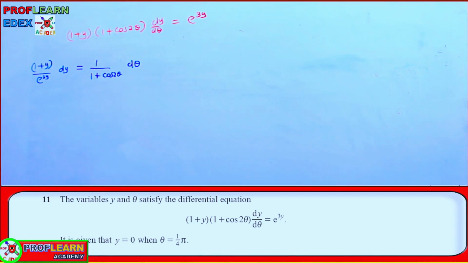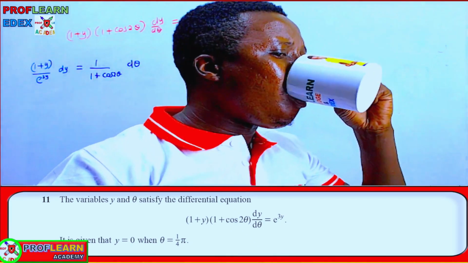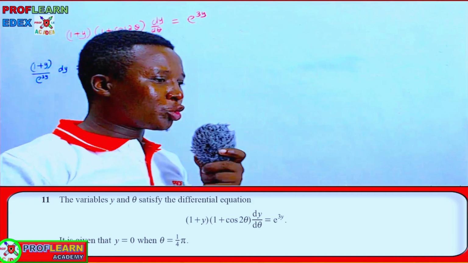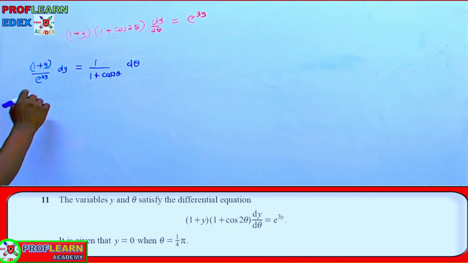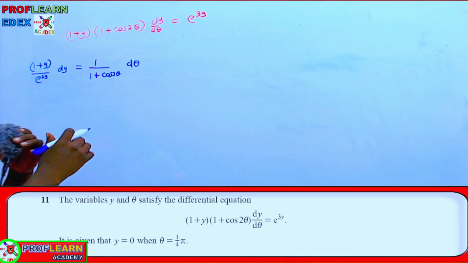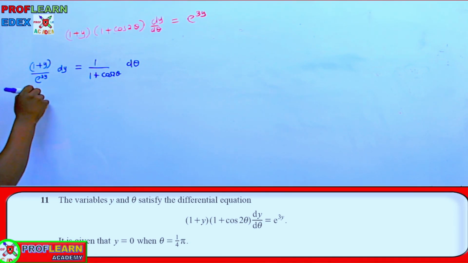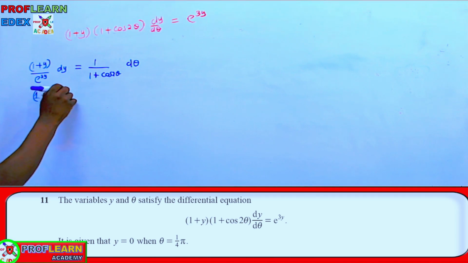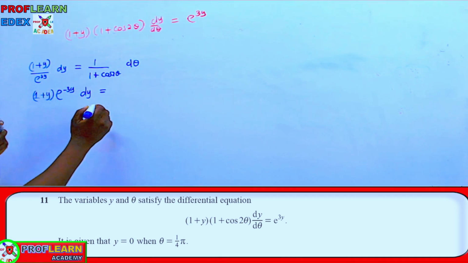So we're going to apply various techniques of integration in order to work out this question. Now, I do some rearrangement here. For instance, this equation now I can write as 1 plus y into e to negative 3y dy is equal to,